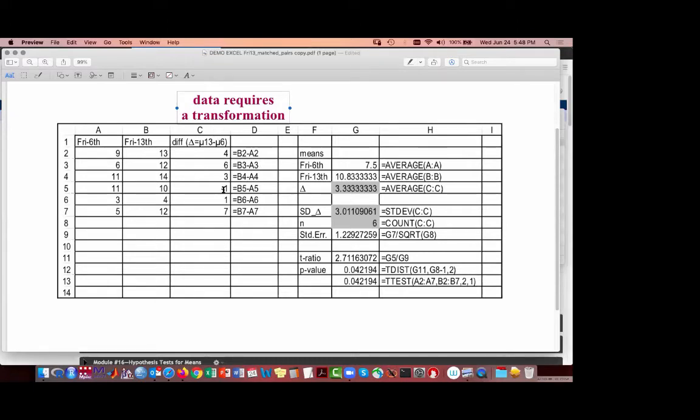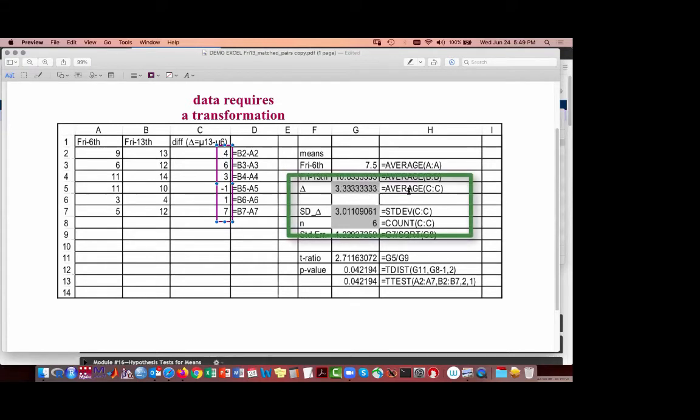So now if I focus only on this part of my picture, I no longer have what appear to be two data sets, but really only one data set. Each person had two data points, but I've transformed the data so it's all been rewritten. So now there's only one observation for each person, or in this case for each calendar month in which there's a Friday the 13th. So in this month, there were 4 more broken bones in the ER on the 13th than there were on the 6th. In this month, there were 1 fewer.